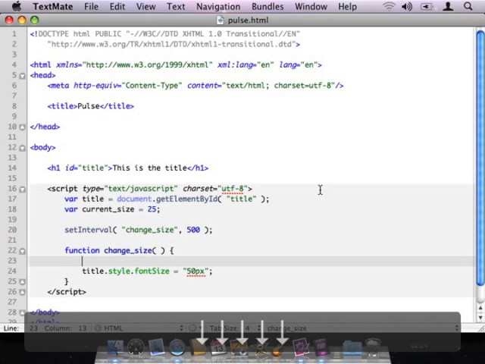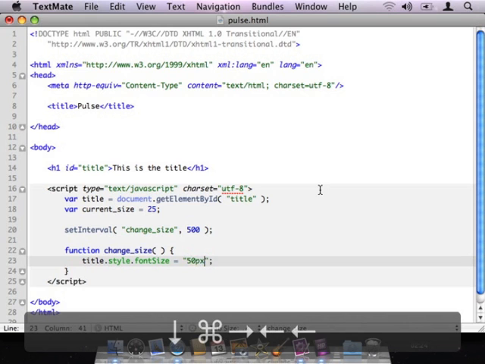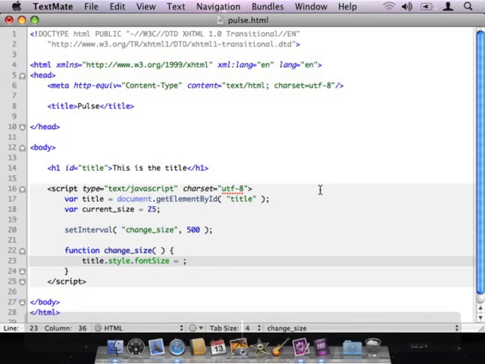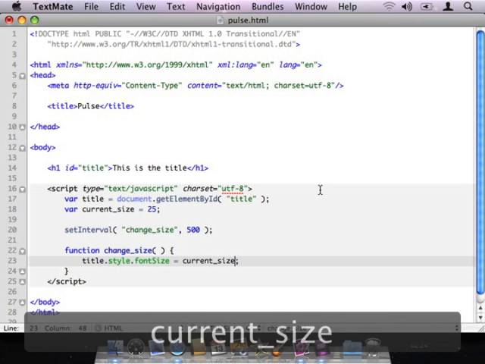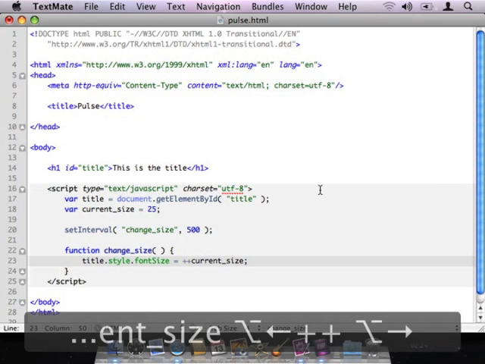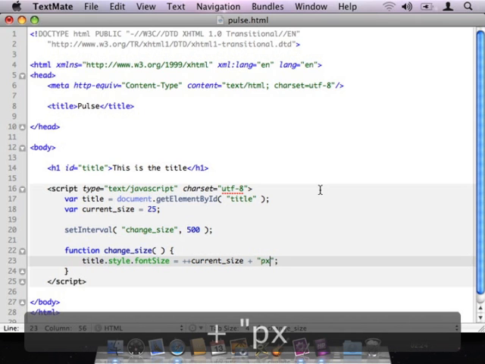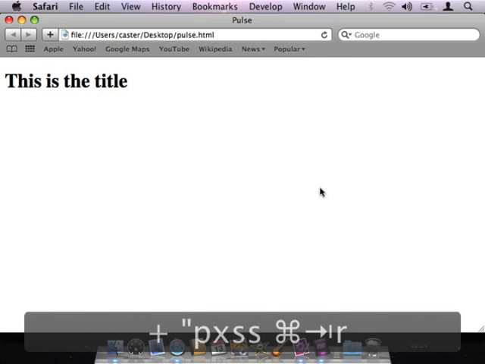Then inside my change size function, I'm going to say that every time this function's called, what I want it to do is to set the font size of the title to whatever current size is. I'm going to pre-increment current size, so it will get larger by 1 every time, and then I'm going to append the pixels onto the end of it there. So let's see what that does over in our browser. If I hit refresh,